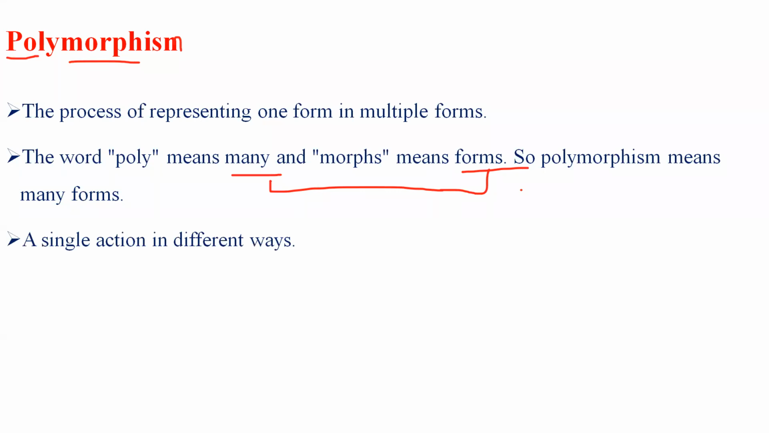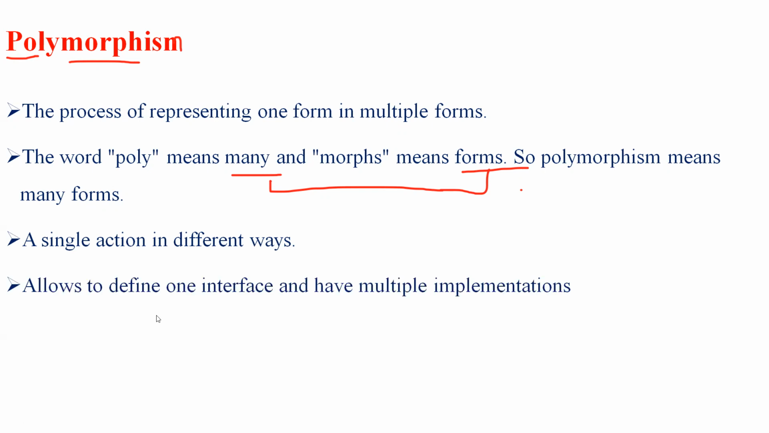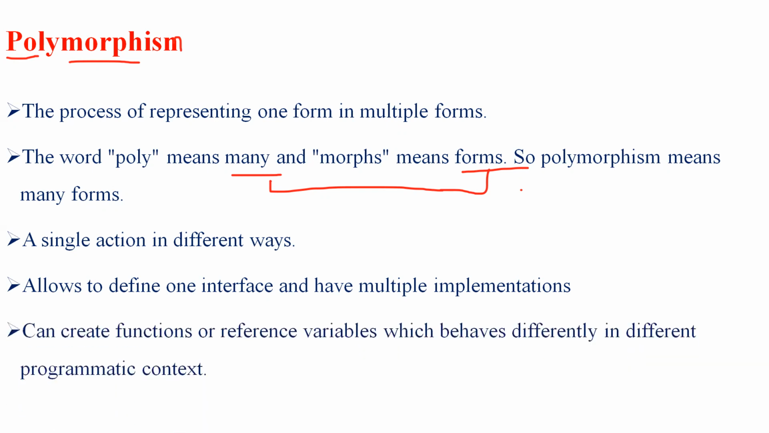So polymorphism lets us perform a single action in different ways. Polymorphism will allow us to perform a single action in many different ways. Also, it allows us to define one interface and have multiple implementations. So in order to define one interface, we can use multiple implementation techniques. By using polymorphism, we can create functions or reference variables which behave differently in different programming contexts, or depending upon the situation,